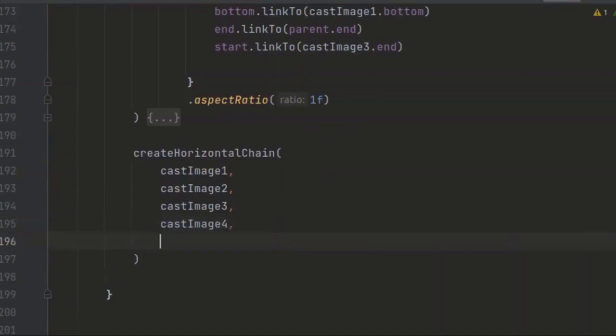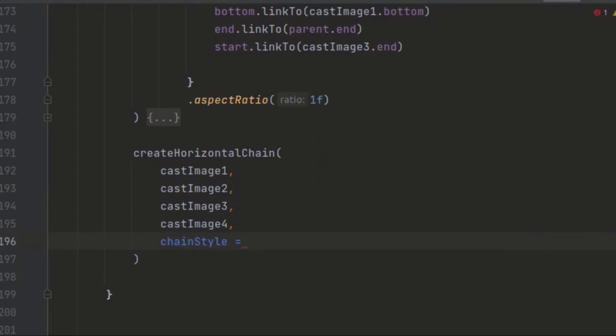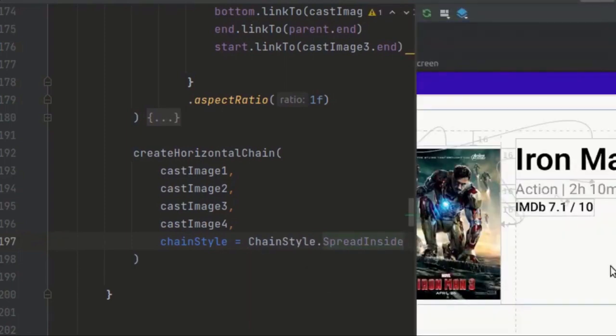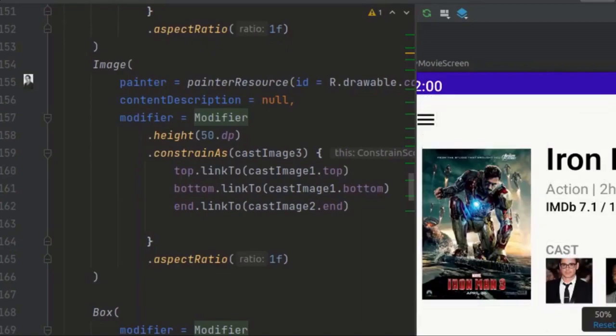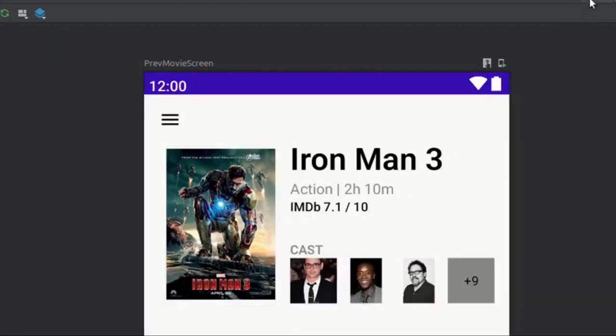So here we can just provide a chain style. We can call here chain style, and now we want to call this spread inside. Okay, now let's preview here. Okay, so here is just our images which we have created. So as you can see here, they are just distributed in the same line here, and they are just distributed evenly. So as you can see here, these two images here are just small because we have forgotten here to